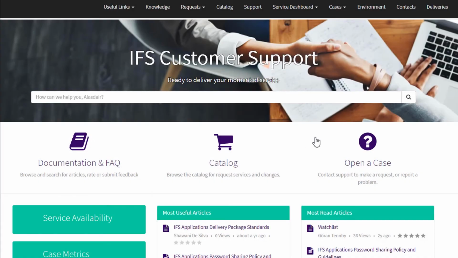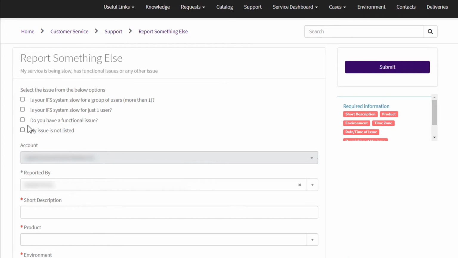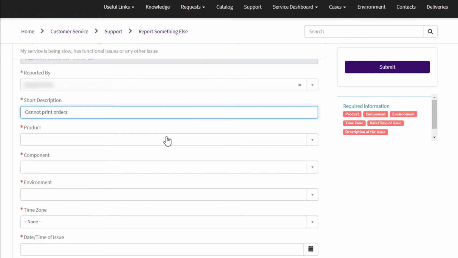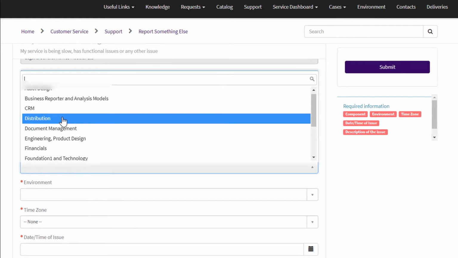Starting from the home page on the IFS portal, let's look at how to add a user to the watch list when first opening a case. In this example, I'm going to report something else and select I have a slow system for just one user. I'm going to fill in all of the required fields when raising a case, including description, product, component,